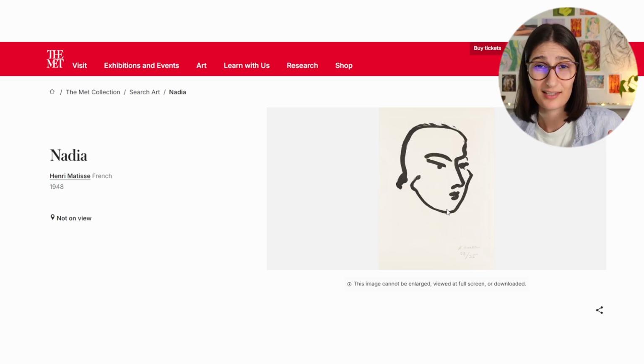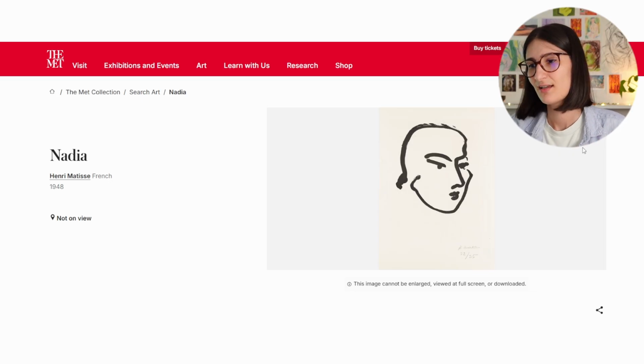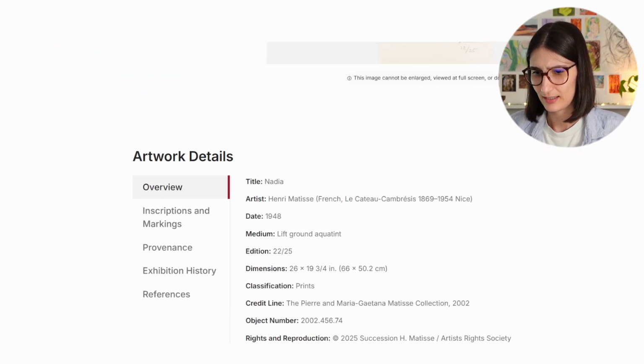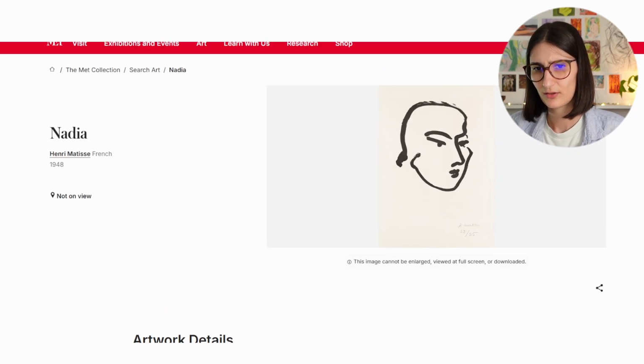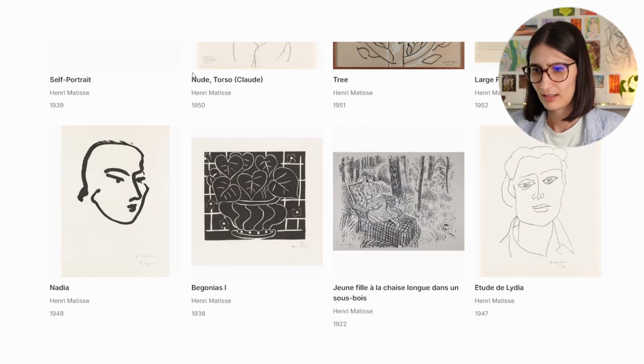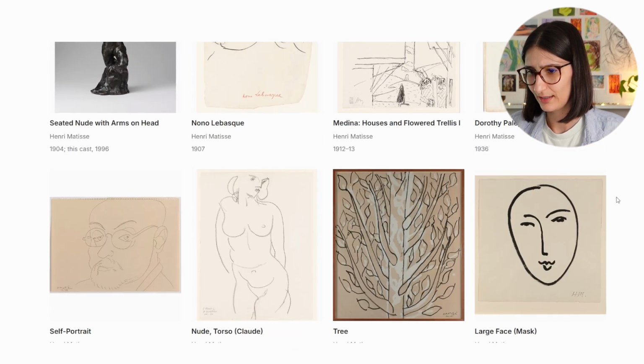The eyebrows are key to draw facial expressions, so pay attention to that when you're drawing. Yeah, this one is lift ground on aquatint, and let's just show the last one,